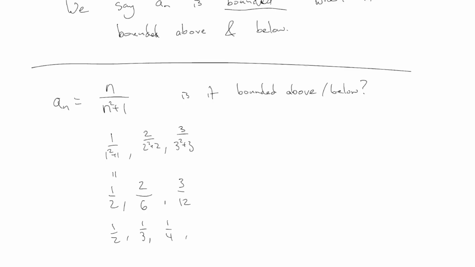Did I do those right? I didn't expect there to be such a nice pattern here, but yeah? Where did the 2 come from? Oh yeah, that's why. It shouldn't be on the bottom. It's always n squared plus 1. Not. I was doing n squared plus n, which actually simplifies to 1 over n. I didn't want that. Yeah, thanks for that. I knew something wasn't right. That was my April Fool right there. You all fell for it except for her. Great job, Ainsley. So that's a 5 on the bottom, and this is a 10 on the bottom. Okay, so you can't really simplify more than that.